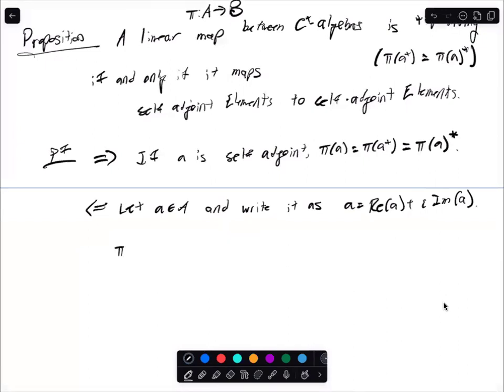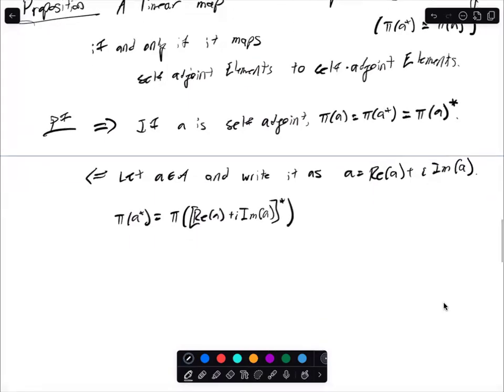So then you just notice that pi of A star is pi of this real part of A plus i times the imaginary part of A, all of that getting adjointed. Well, all of the operators involved are self-adjoint, so they're not going to do anything. But the adjoint is an anti-linear operation, so it's going to reverse the i to a negative i, right? So it's going to be pi of the real part of A, we'll just do this all at once,